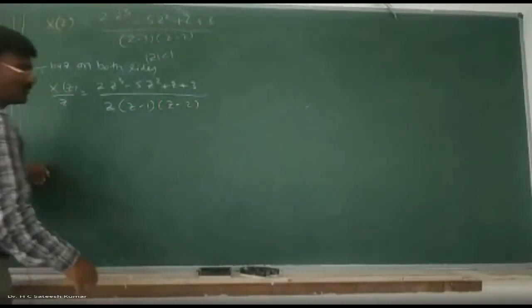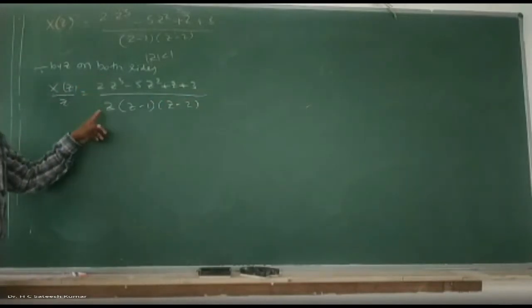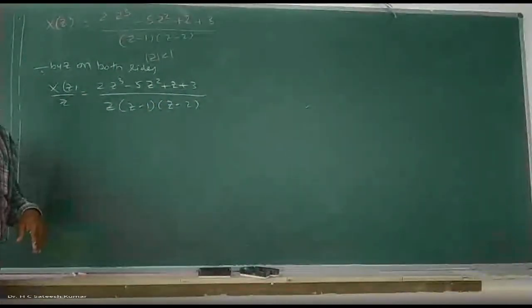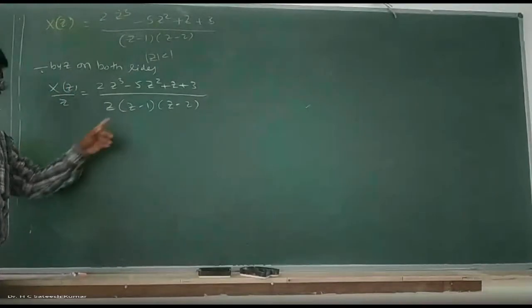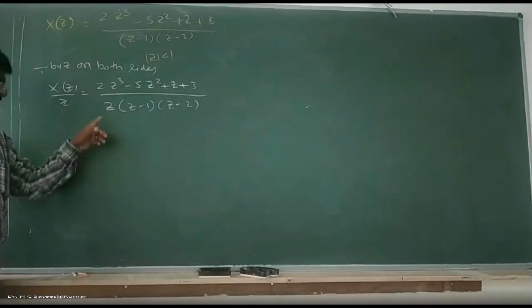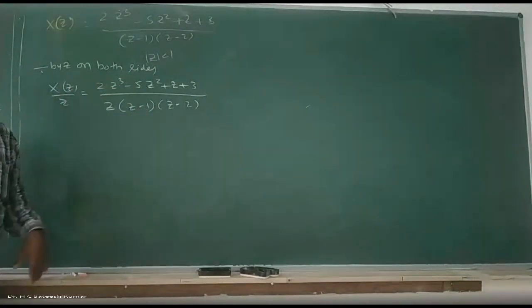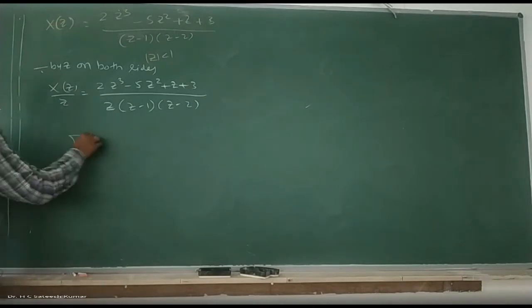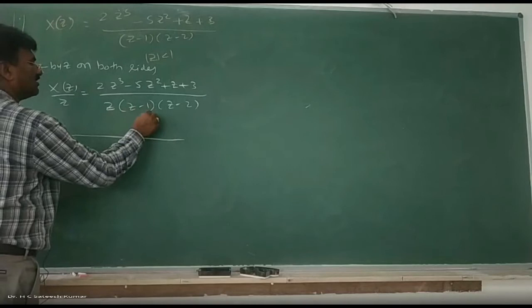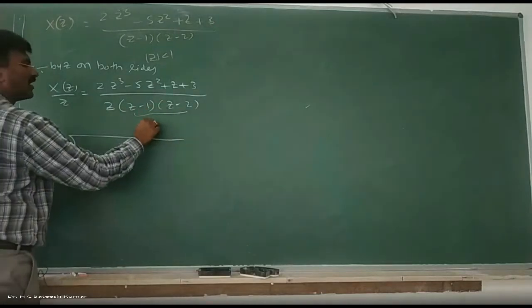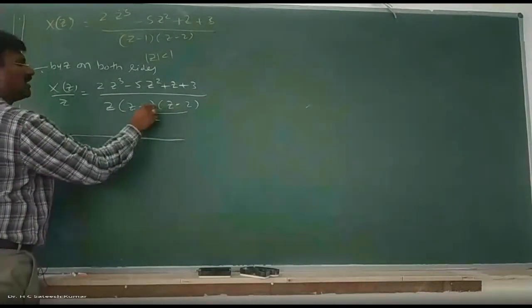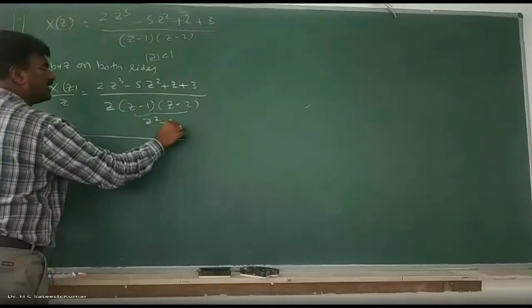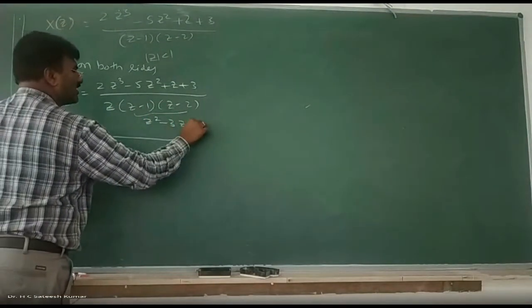Now you see the powers. The numerator power is also 3, and the denominator power is 3, z cube is there. So we should divide the numerator by the denominator. If you want to divide it, what should you do? Multiply it, then you divide, then you split it. So this can be divided like this. If you multiply these two, z square minus z minus 2z minus 3z, minus into minus plus.